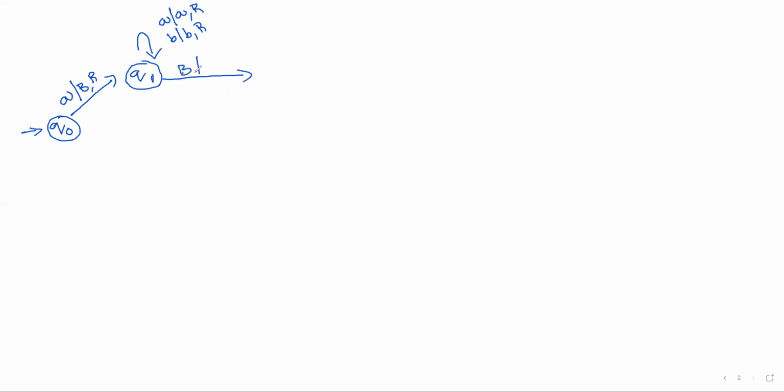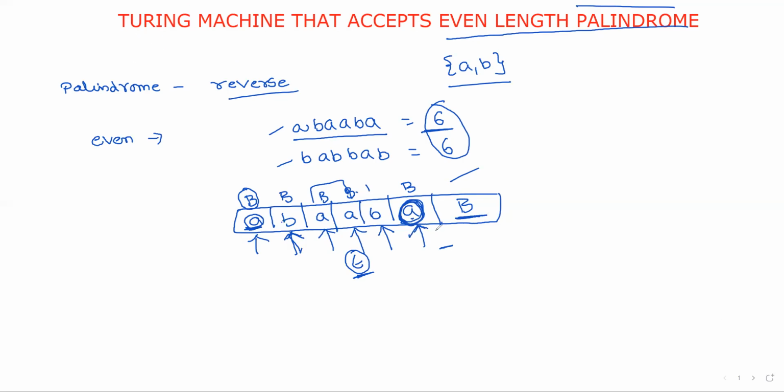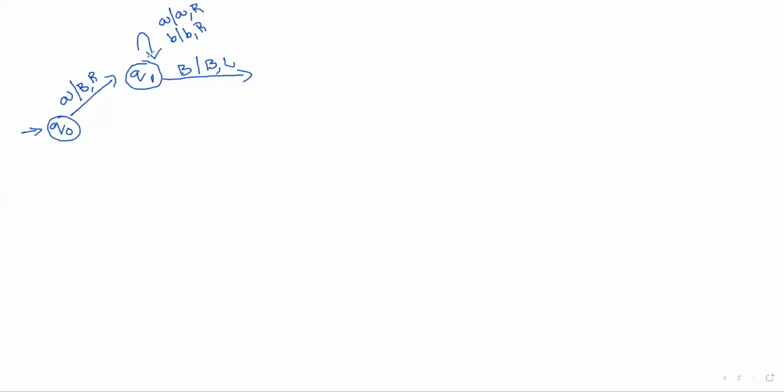If a blank symbol occurs, the blank is replaced with the blank and then we move to the left direction. Now my cursor is at this position. Now what to do? Here A occurred. Already we are in the path. Whenever A occurs, only then are we moving in this path. Observe from the starting state, the first symbol A, only then are we in this particular path.